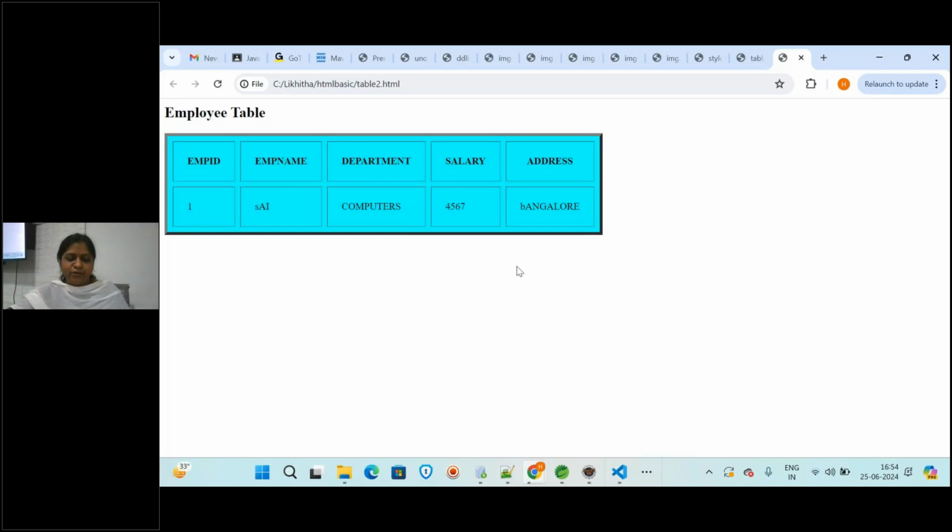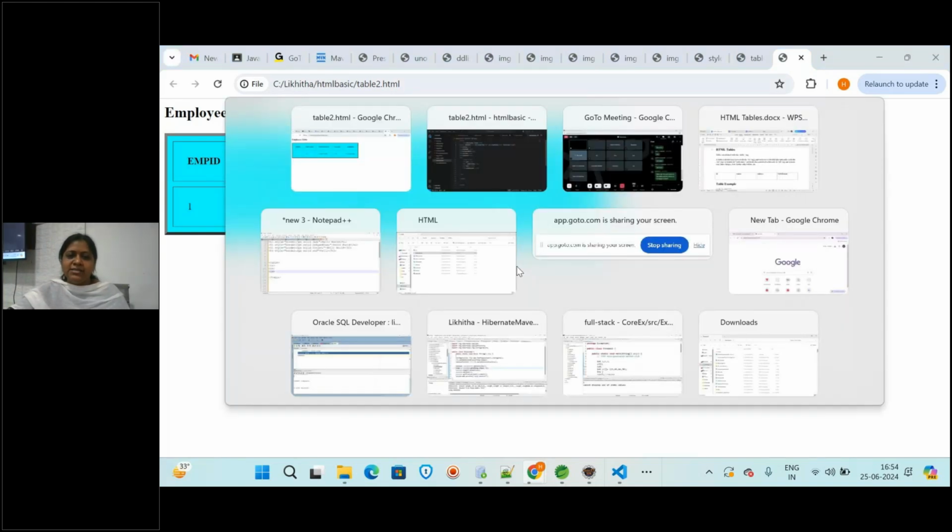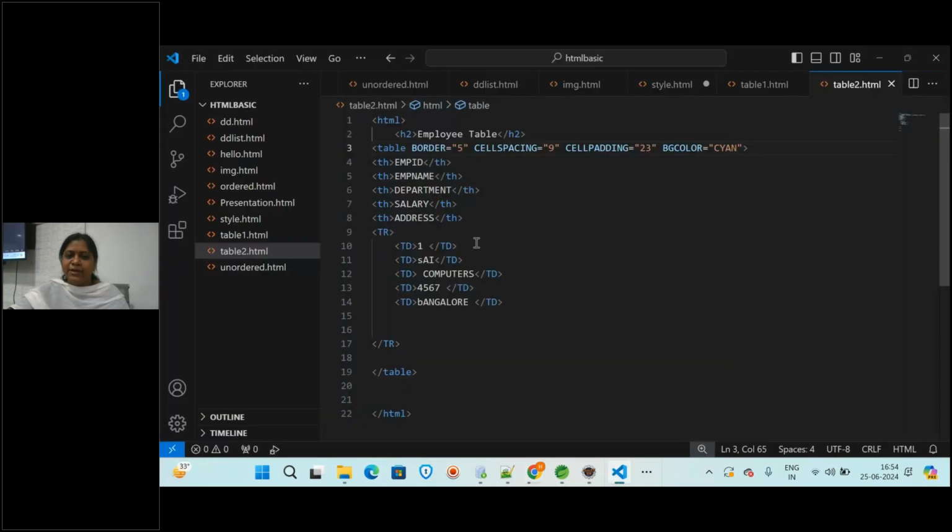So for that you will be getting a different background color. Suppose here for the tr, the complete row, we want one color, so here you will be giving background color is equal to pink. Again if you have one more row with one color, and in that row for a particular column you want one more color, then we have to provide those colors.